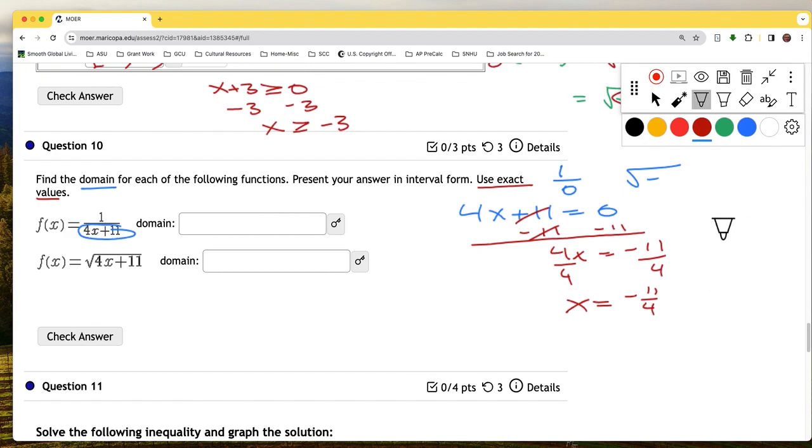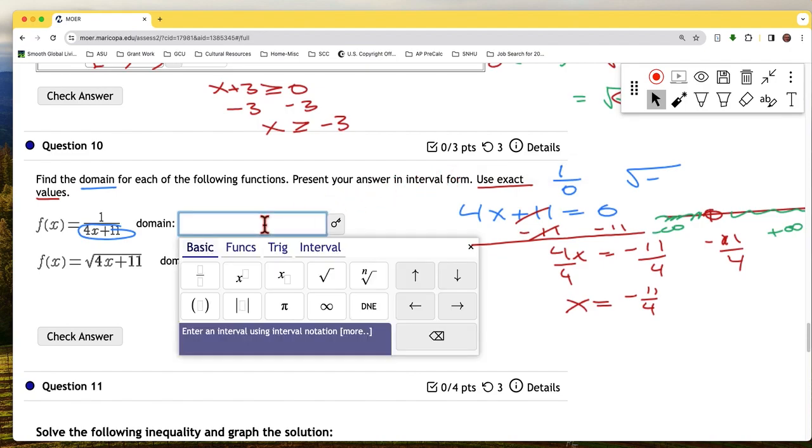So that's the number we need to take out. We need to remove it, negative 11 fourths. Which means we can have all the numbers to negative infinity, all the numbers to positive infinity, but we can't have this one. So we type that one in there